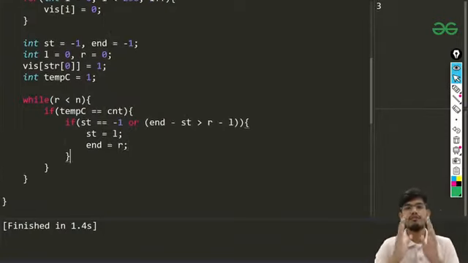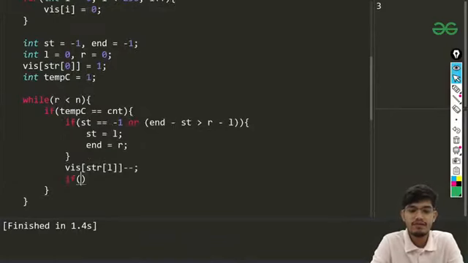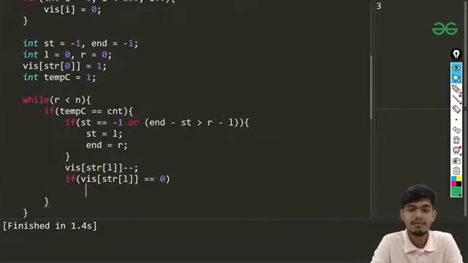Now we have already mentioned that whenever we are getting the total number of distinct count equals to our temporary count, we'll be taking our left pointer and moving forward. So first thing, I'll be just decrementing the frequency for that. So I'll be using str of L. So I'll be decreasing that, and while decreasing, if my v of str of L becomes equals to 0, so in that case I'll be decreasing my temporary count, temporary count minus minus.